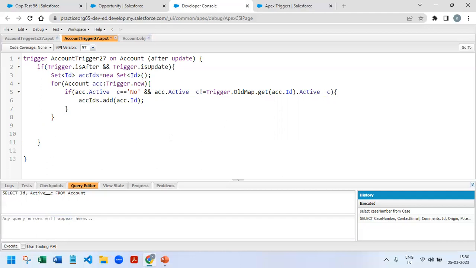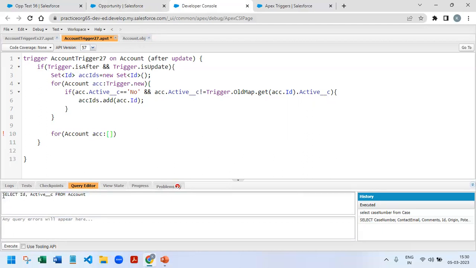we need to iterate through all the account and opportunity records. So to iterate that, we have to write one more for loop on account acc. Then we need to write one SOQL query. Okay. So to write the SOQL query, we can utilize it from here: select Id, Active from Account. Okay. So this is the query, and also we need to pass where